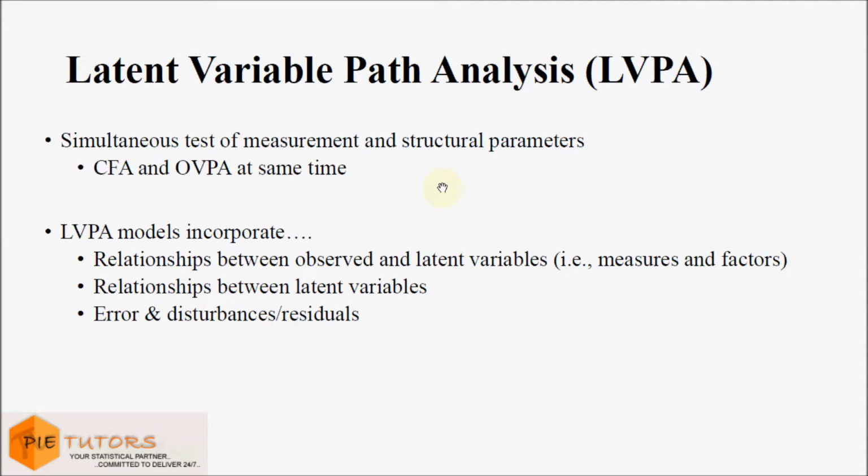It looks at the relationship between both the observed and the latent variables. It also looks at the relationship between latent variables and also considers the error terms and the residuals.